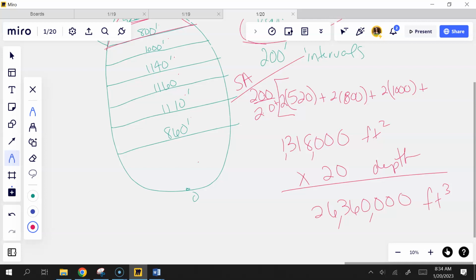Nice pun. Does that make sense though, using that trap rule? It's just finding areas, all it's doing. All right, let's see what we're going to